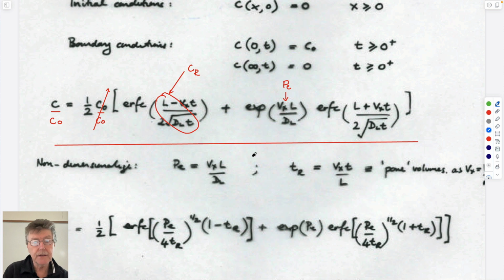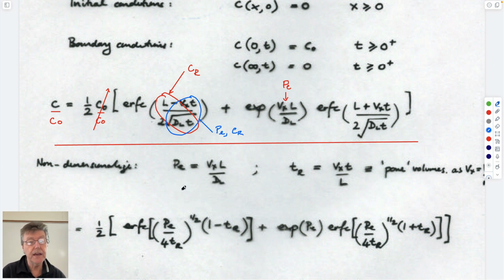And if you look at these two together, these are a function of both Peclet number and Courant number that occur here. There's nothing else in there except those, so we can describe behavior exactly in terms of these. If relative concentration is merely a function of these two parameters, I suppose you could imagine drawing a